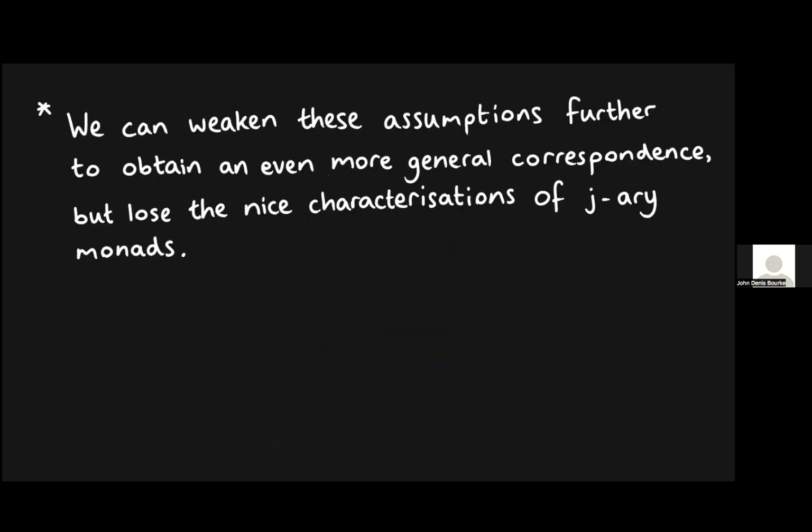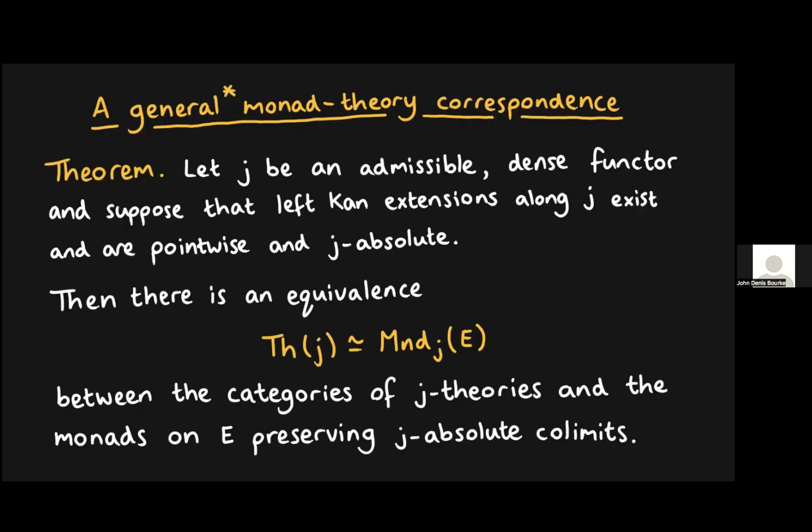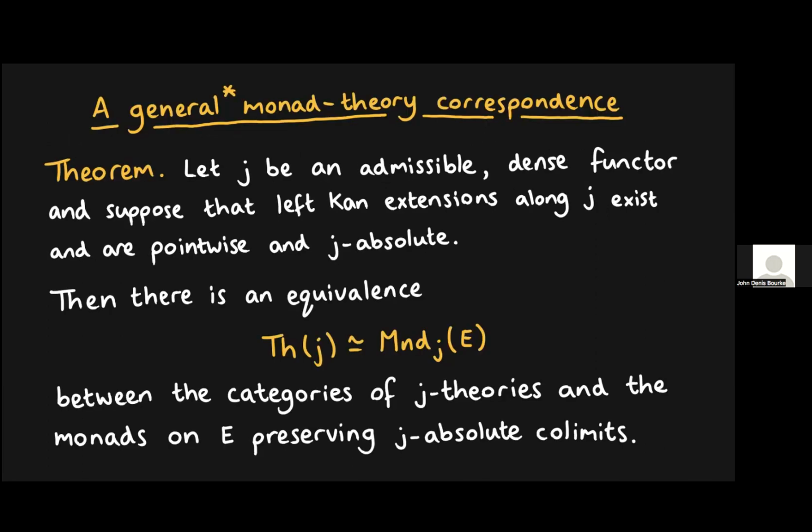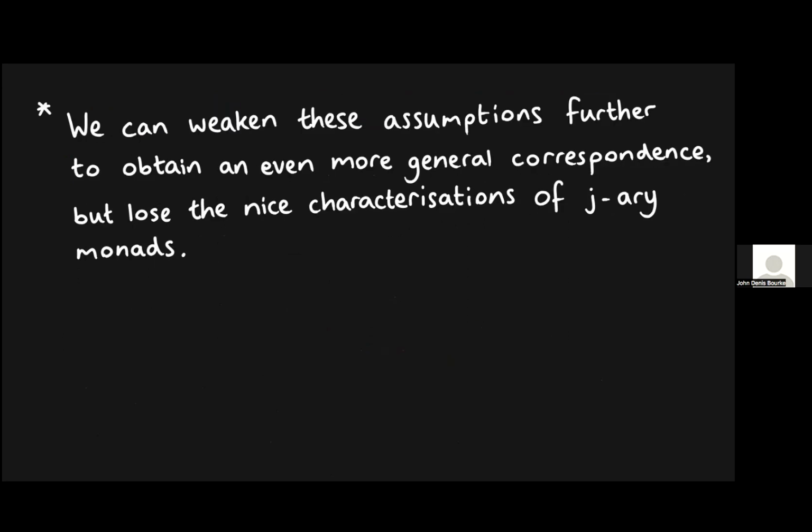So one thing to note here is that this equivalence captures a very large class of examples of monad theory correspondences in the literature, but not all of them. And so when I say general with this star, it's general under the assumption that we want to have nice characterizations of the J-array monads. But we can weaken these assumptions further as long as we're happy getting slightly more tautological characterizations of the J-array monads. In some concrete settings, maybe we can give a better description of the J-array monad,